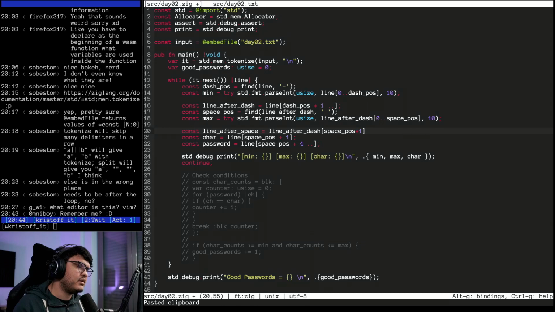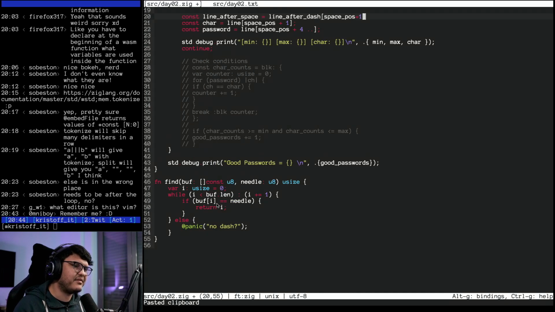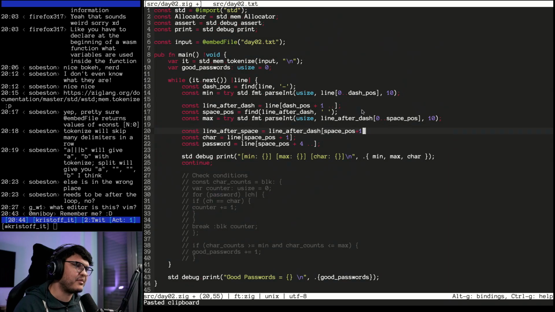Oh, but let me think about this. Space pause. Yeah, I'm kind of thinking that maybe I should not have... My abstraction is causing me problems. That's funny. Just trying to factor this thing out in a function is causing me problems with relative indices. So funny. Okay, so line after space is line after dash